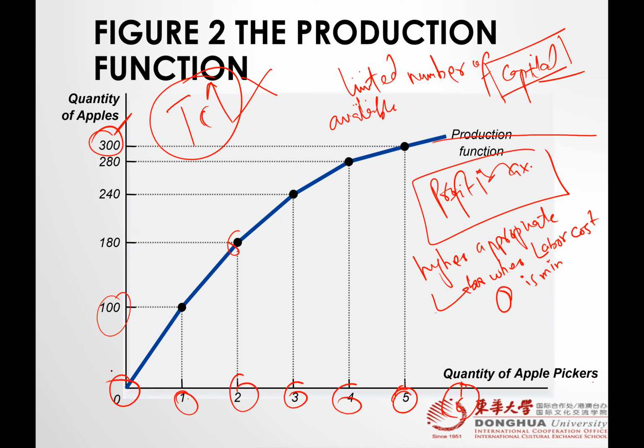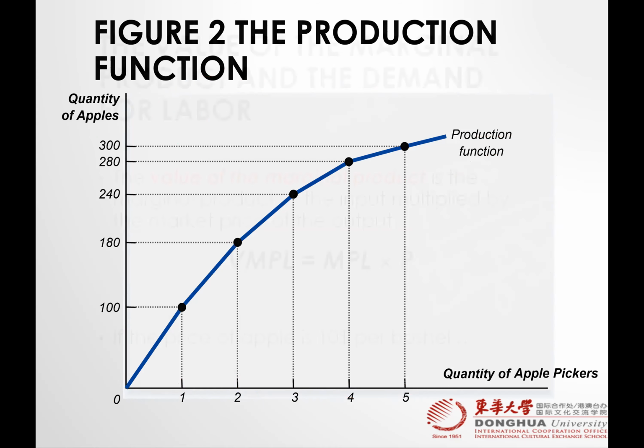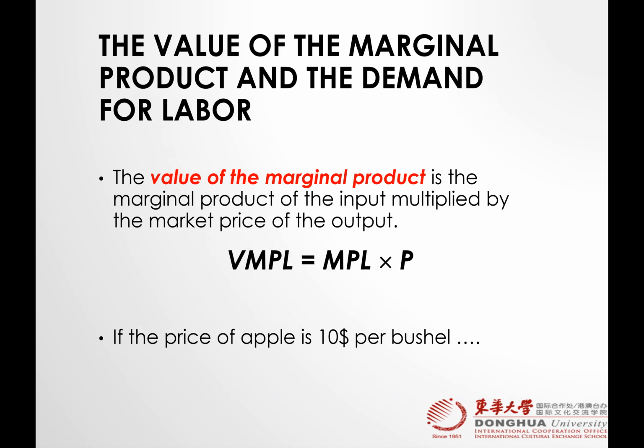So the purpose of finding out the production function is that we understand what the market value of the marginal product is. If we multiply the marginal product with the value of the final product, which means the apple prices, it is not the price of the labor, it is the price of the output. Many students get confused about this. Output does not mean the wages, or the quantity or number of workers. This is the final product output.